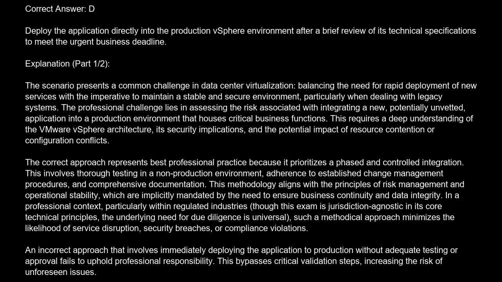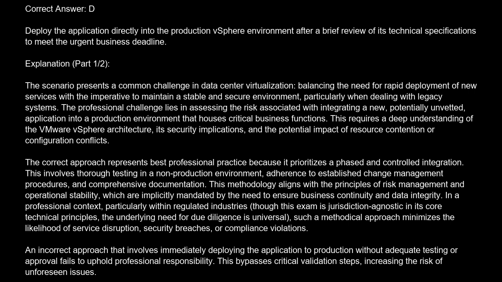of new services with the imperative to maintain a stable and secure environment, particularly when dealing with legacy systems. The professional challenge lies in assessing the risk associated with integrating a new, potentially unvetted application into a production environment that houses critical business functions. This requires a deep understanding of the VMware vSphere architecture, its security implications, and the potential impact of resource contention